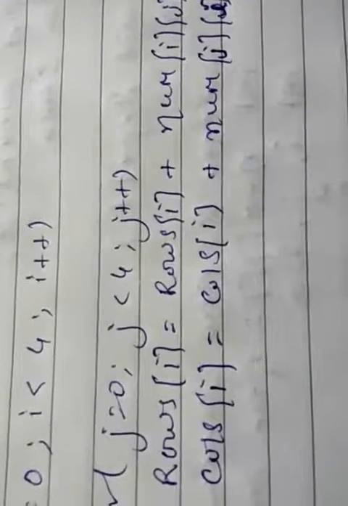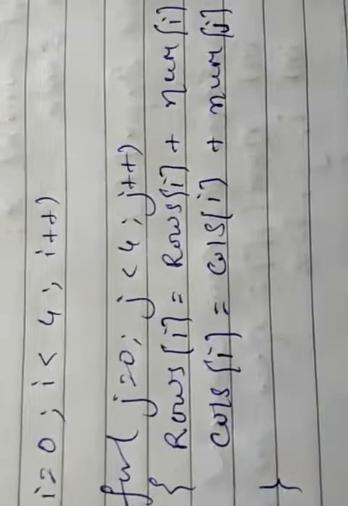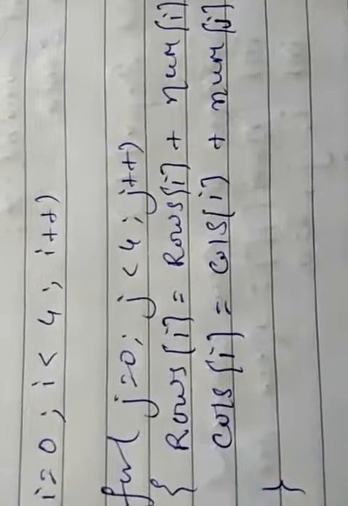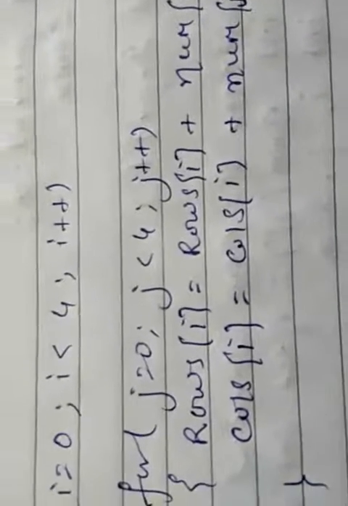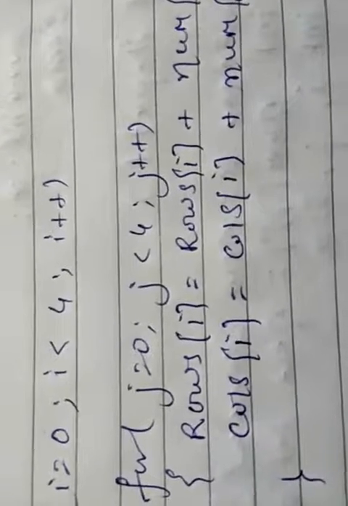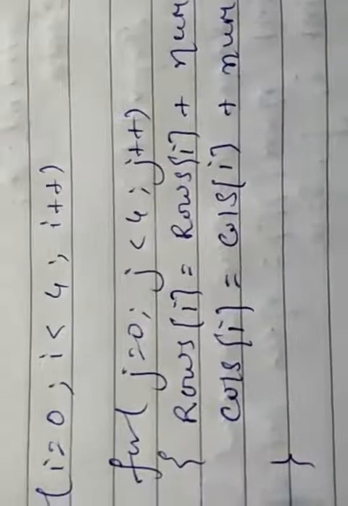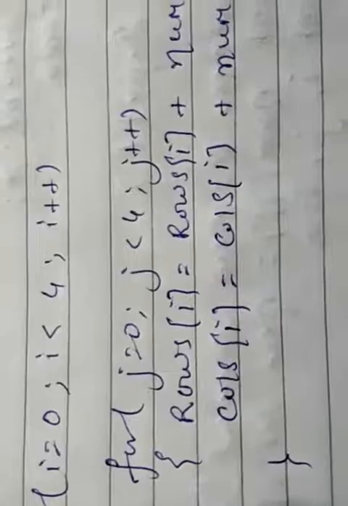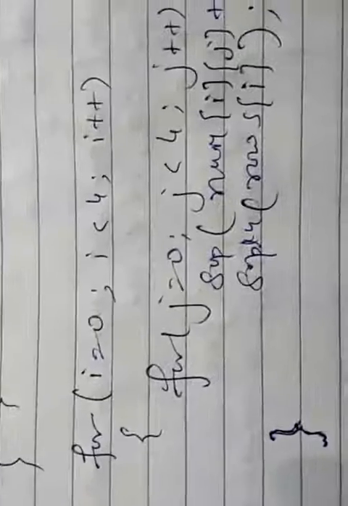So this will read the values column wise and store the sum. When the i value is 0, it handles the first row and the first column. When i is 1, this will execute the second time completely. So this will calculate the second row sum and second column sum and store them in the second box of the rows and columns arrays. And now here we are printing.